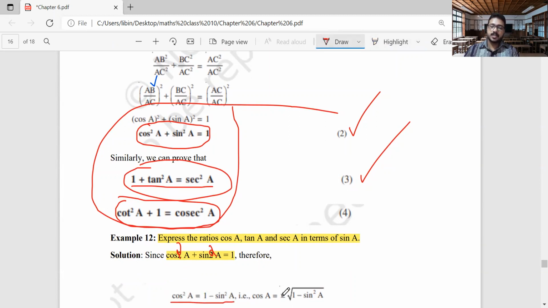Now what is cos A? It is plus or minus the square root of 1 minus sin squared A. And who can tell me what is the exact value of cos A from this equation? Is it minus the square root of 1 minus sin squared A, or just the positive square root of 1 minus sin squared A? Which is true, because we have plus or minus. Let me give you one hint also: only one of the answers is true, because the other one is wrong.